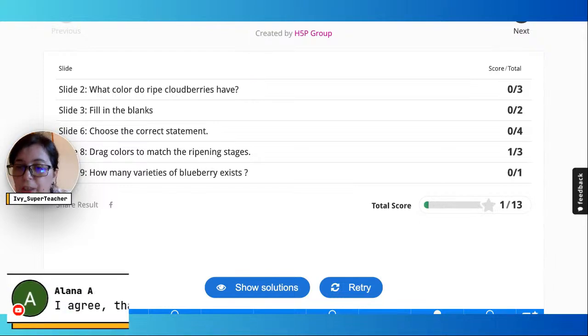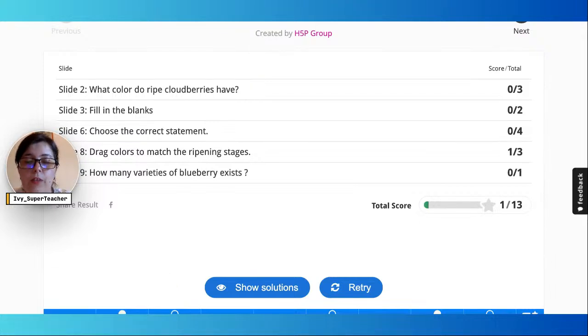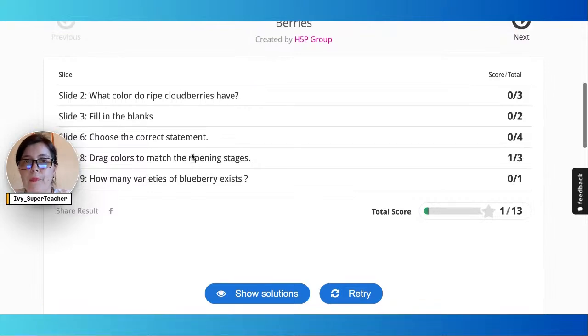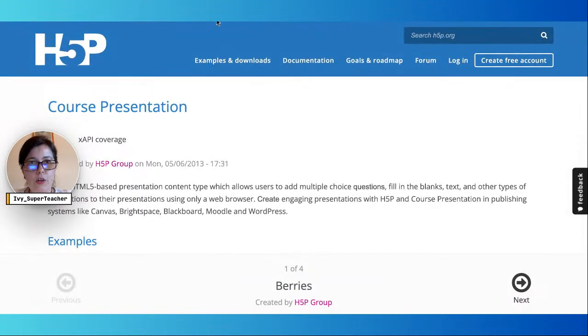Alina says, I agree, thanks. Yeah, right. So stick to Wordwall if you're after simplicity and if it does a decent job for you. But if you want to build something really more sustainable in the long run, or a lead magnet, I would definitely recommend exploring H5P. Okay, so let me show you how it actually works on Super Teacher's blog,